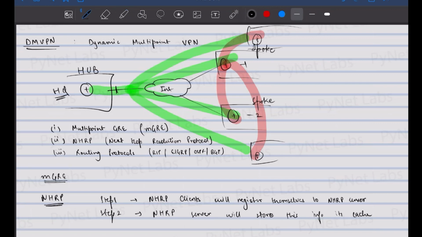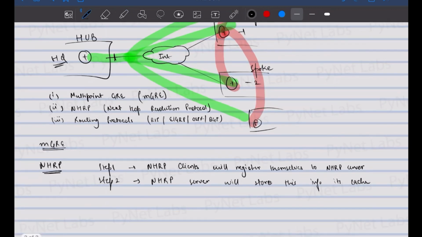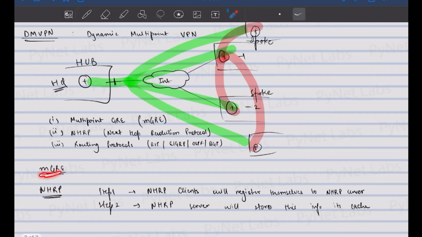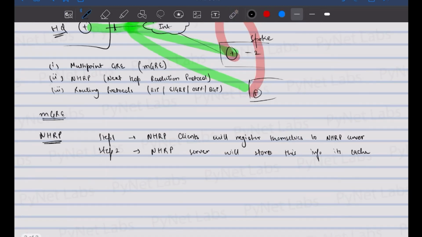Now, there are a few things to keep in mind: the underlay connectivity is a must. What is underlay connectivity? The physical links. This connectivity should be up if you want the overlay connectivity to be up. That's the basic logic of tunneling, right? The underlay network should be up. The connectivity should be there between the routers over the internet, for example. And then over that, an overlay network is created through GRE, mGRE tunnels. That's how it works. Now, DMVPN, like I explained,